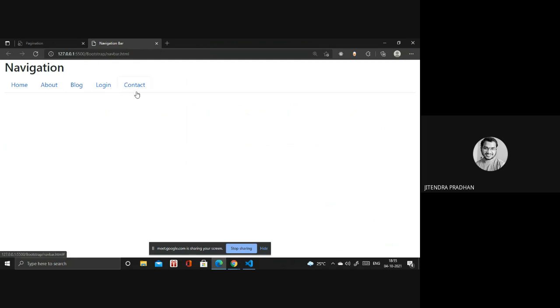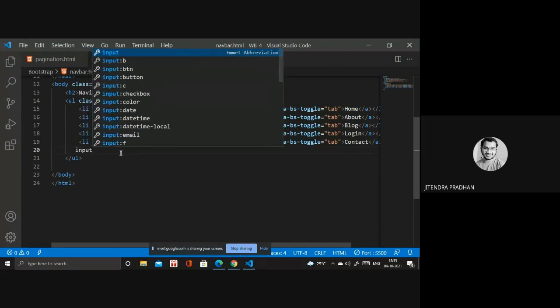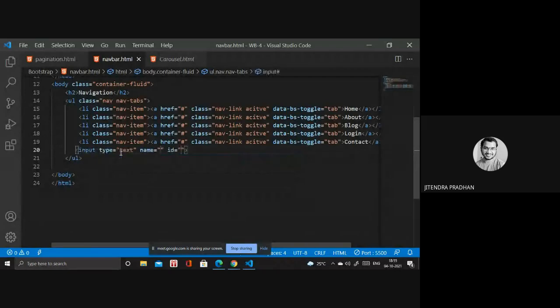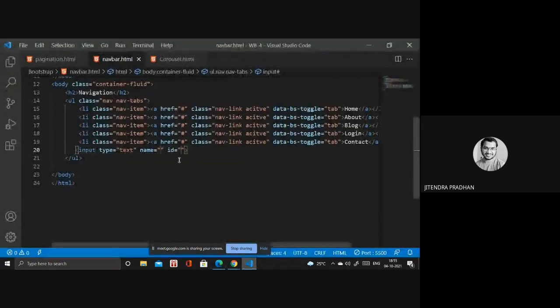If you want to design more, like something such as a search bar or anything, you can. If you're designing a search bar inside, wait, I will show you. If I give an input, it's like text, outlook. In that you have to use an icon, a search icon, for that. By using absolute positioning, you can set all these things, not an issue.